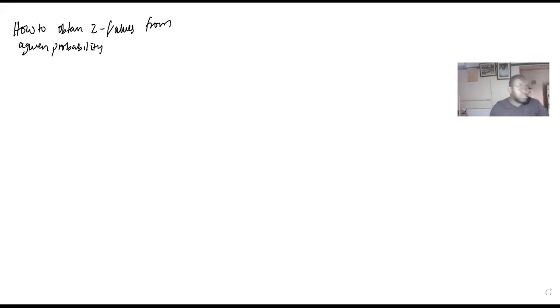So we are still continuing with how to read Z values from a given probability. We had gone as far as knowing why a given probability would land on the left, why it's negative,